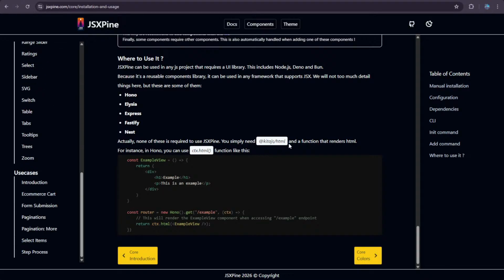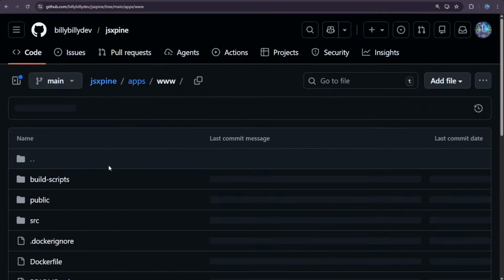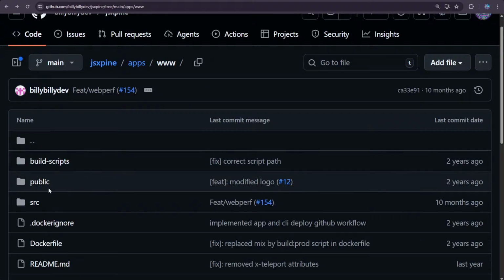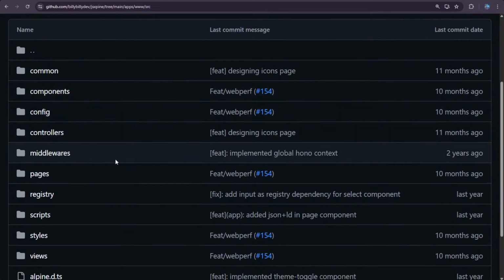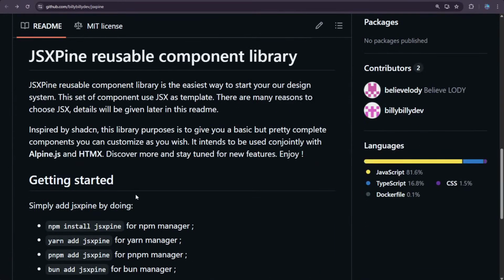Maybe there's something in the repo. No. Wait, this is